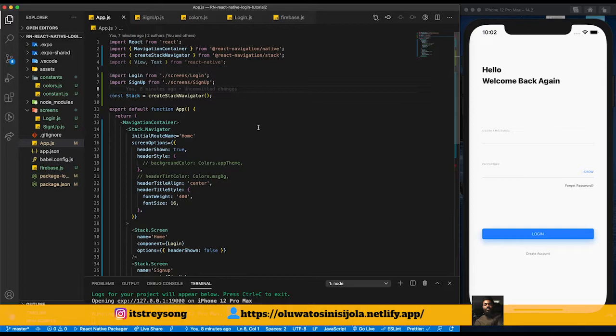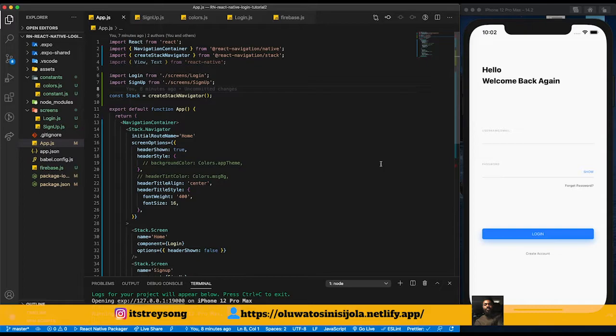The first is the home page, which contains the login details, and the second page will be the sign up page. That is where you sign up if you're the first user of the app. That is where you put in your information, and it goes to the database, so that when we come to the login page and we put in that information,